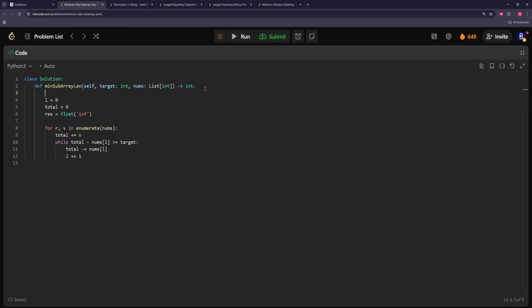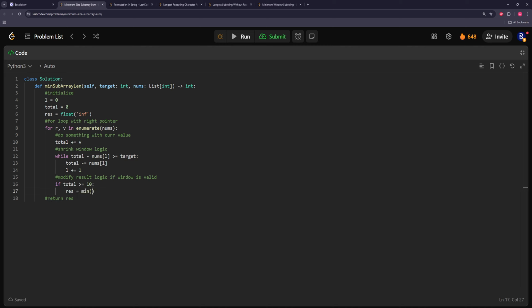So this is initialize step, for loop step with right pointer, do something with current value, shrink window logic, modify result logic if window is valid, and finally return result. So we're literally going to just copy paste this to every other problem. So now if the window is valid, so if the total is greater or equal to 10, we're going to